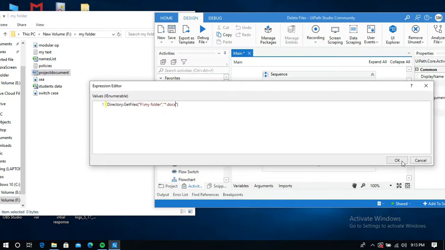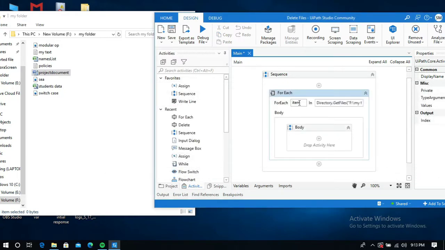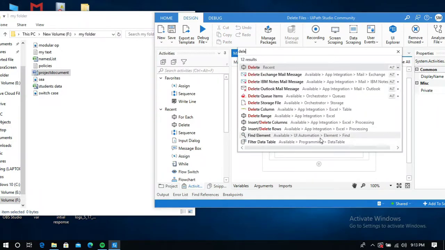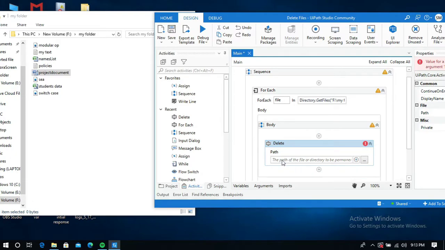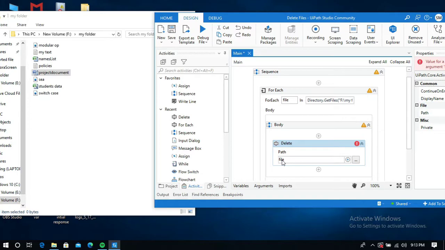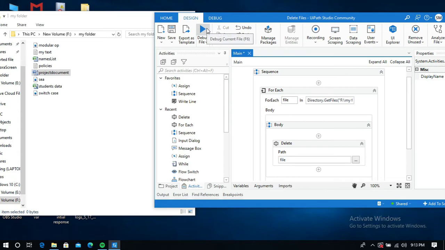Now click OK, and let me rename this to file. No problem if you keep it as item. Let me search for the delete activity to delete the files, and I will pass the file here. That's it, let me run this code, and these two Word documents are going to be deleted.